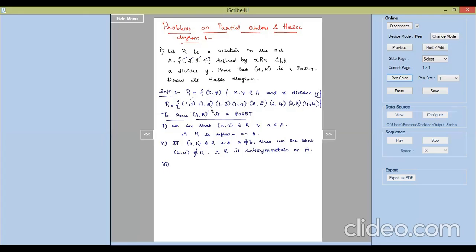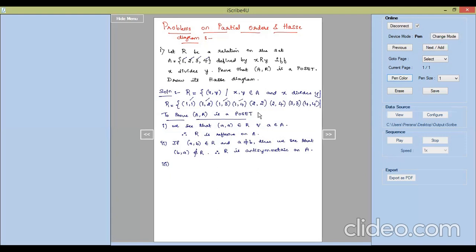Then 1, 2 belongs to R. 2, 2 belongs to R. So 1, 2 and 2, 2 gives us 1, 2, which is already existing in R. 1, 2 and 2, 4 gives us 1, 4, which is there in R. So with 1, 2, that's all. I'll just put a tick. 1, 3 and 3, 3. This is ending with 3, so look into an element starting with 3. So 1, 3 and 3, 3 gives us 1, 3, which is existing. So 1, 3 work is over. Similarly, 1, 4. 1, 4 and 4, 4 belongs to R, so 1, 4 also belongs to R. So 1, 4 work is over.